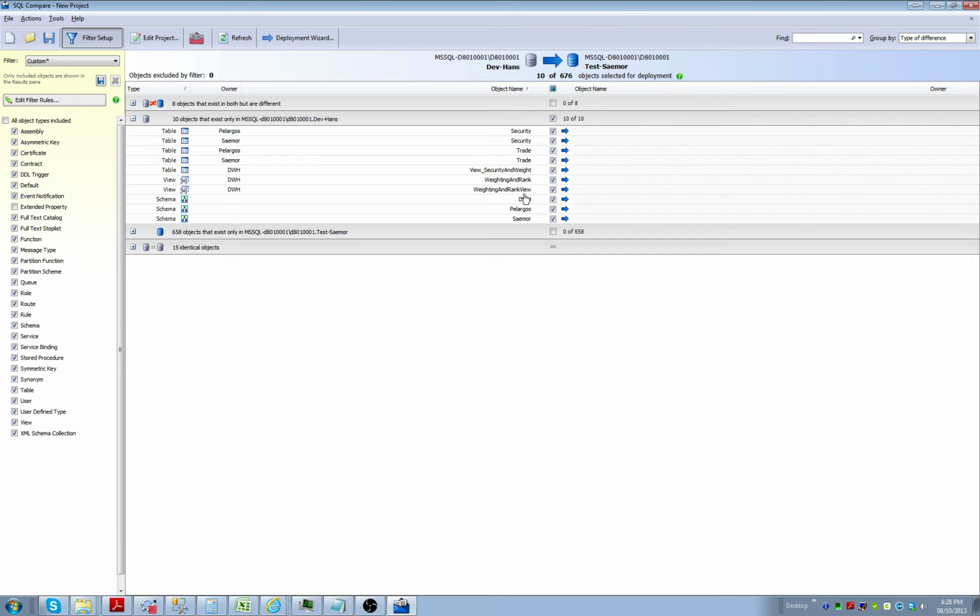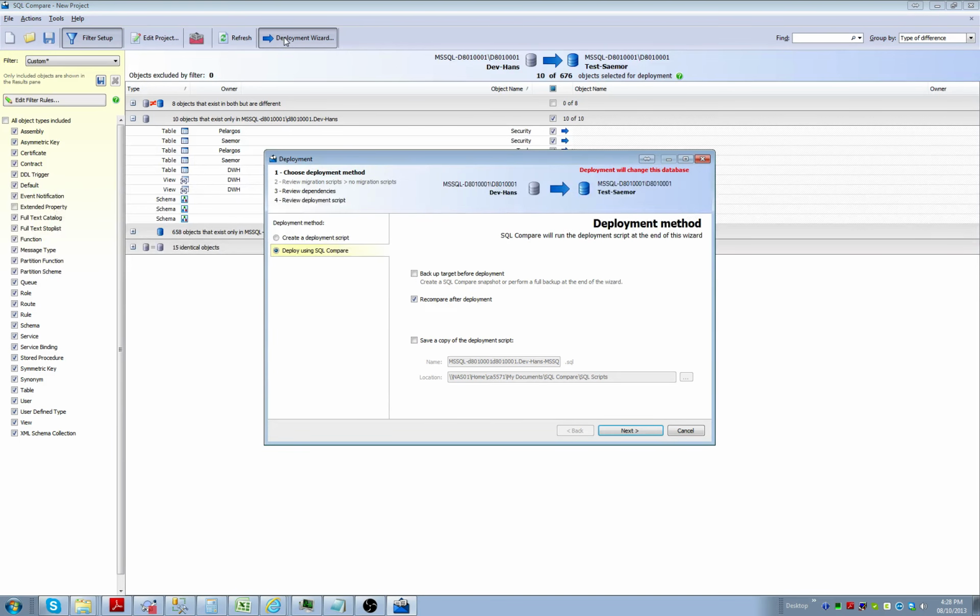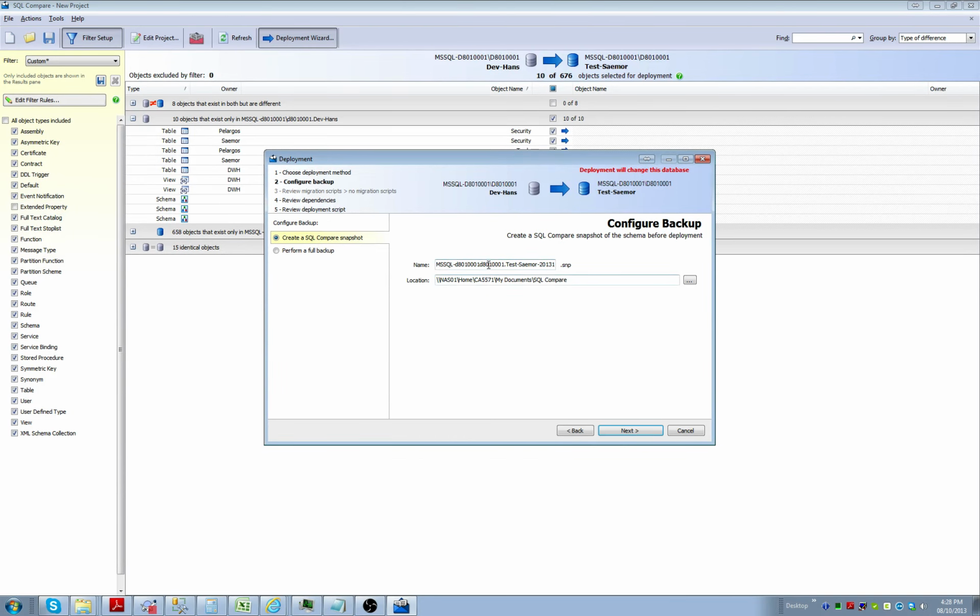So now we want to deploy this, and we go to the deployment wizard. So we're going to back up target before deployment. We are going to deploy using SQL compare, and after that we're going to click on next. We are going to give a name. In this case will be dev Hans